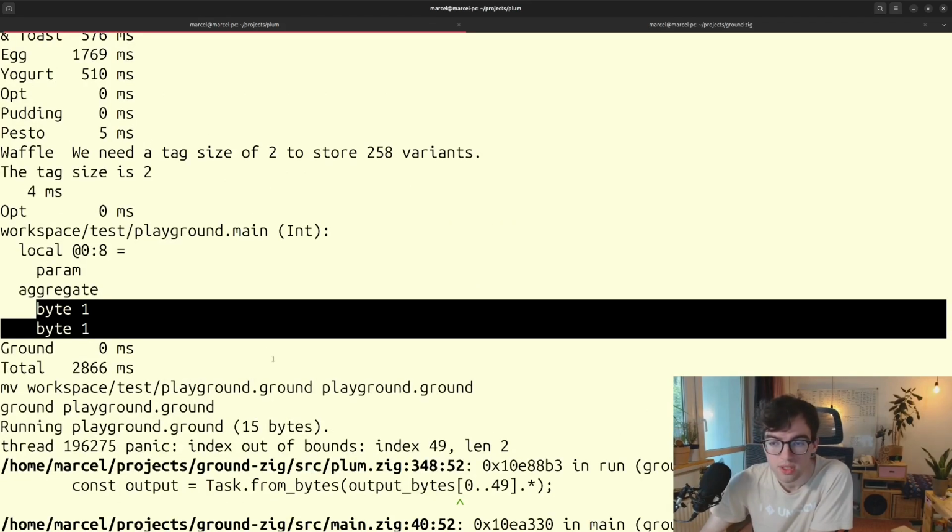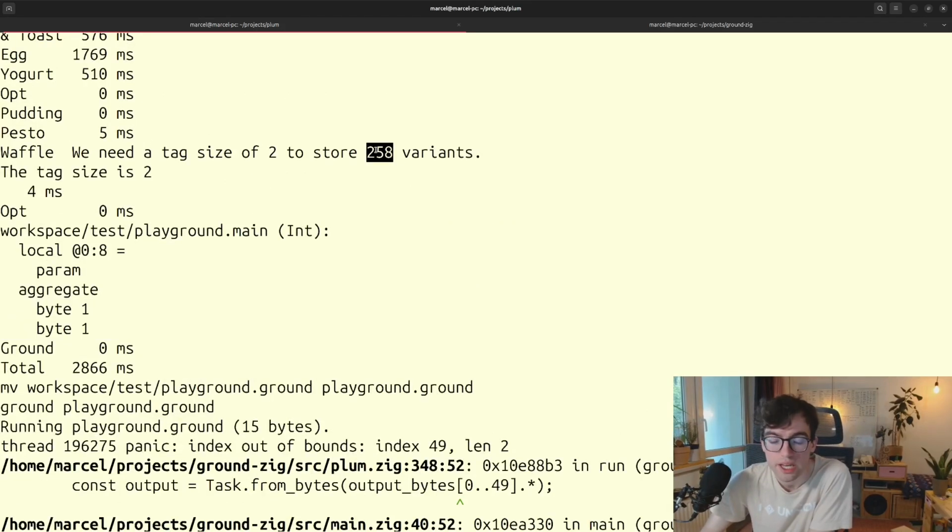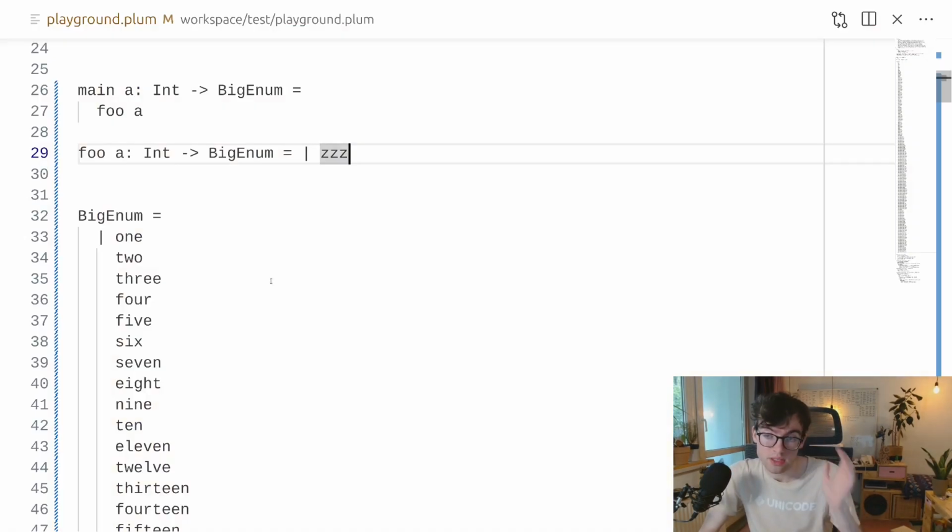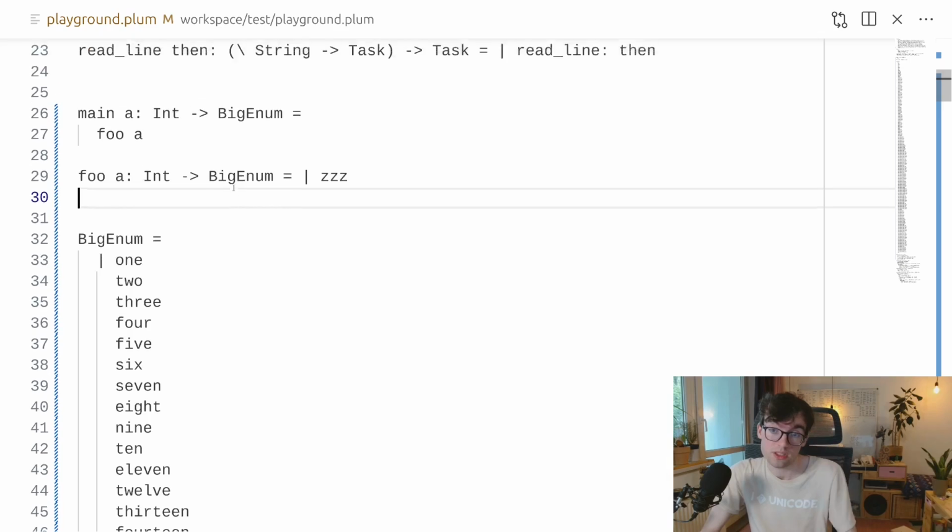Yeah, okay, that seems reasonable. So we have 258 variants. The first 256 are fine with just using this byte, and the second byte will be 0. And then the variant number 257 is, this byte is 1, and this byte is 0. And then 258, the last one, this is 1, and this is 1 as well. All right, then switching on that enum. That's kind of the next step,